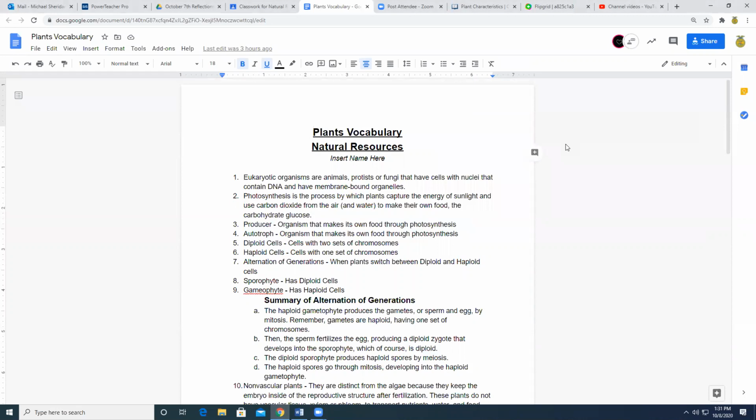And some of these words are a little tricky, but a lot of this stuff is background knowledge that we're going to need when we start talking about crop and soil science, when we start talking about the corn and soybeans that are coming out of the fields here shortly. We need to know some of this background about how plants reproduce, how they flower, and that sort of thing. So we're going to run through these quickly.